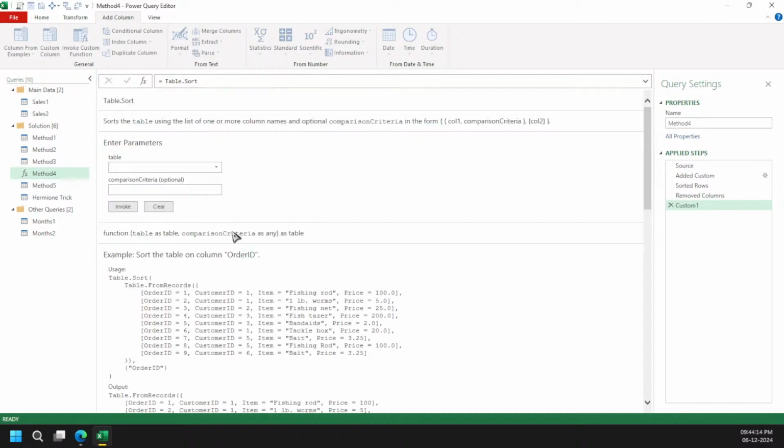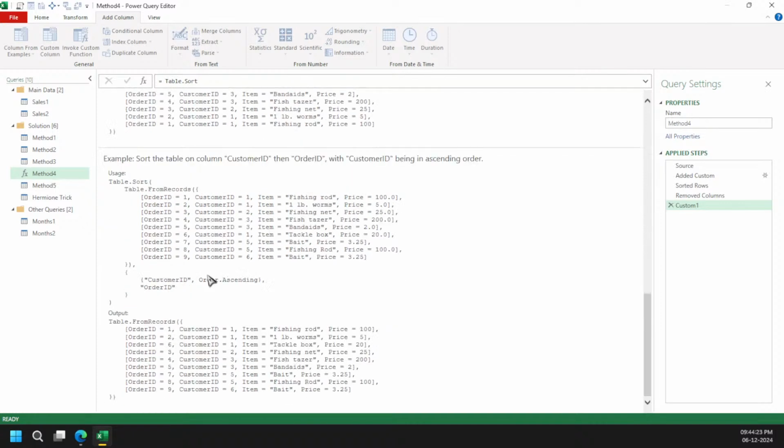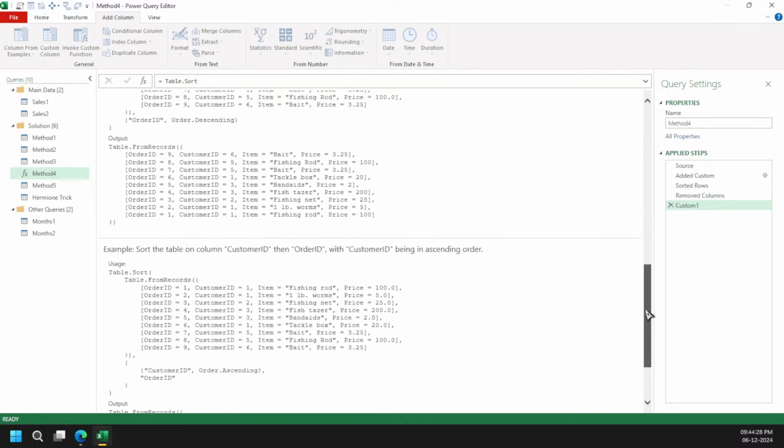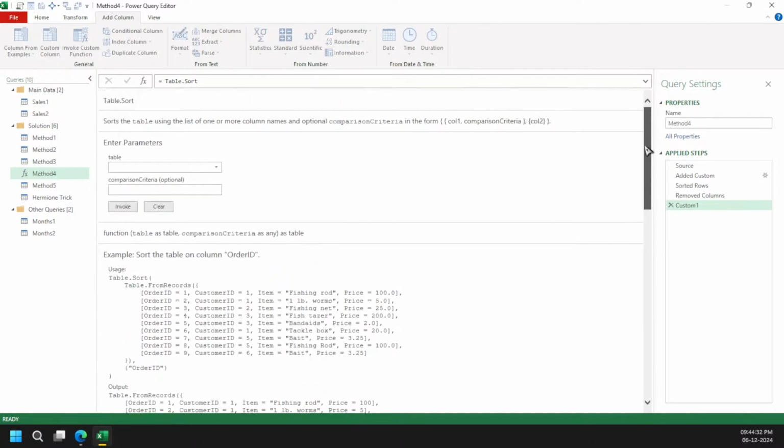You will see here we have got a comparison criteria, and if you look deeper here you can get the idea. Microsoft hasn't explained it very well, but you can see the idea.